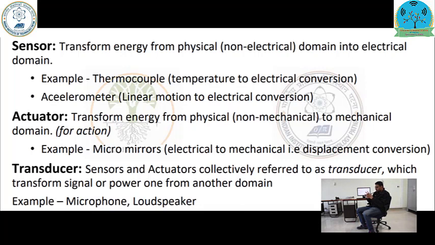Now, what is a transducer? A transducer is a combination of both sensor and actuator, used to transform signal or power from one domain to another domain. A very popular example of a transducer is a microphone and a loudspeaker. In a loudspeaker, our voice energy is converted into electrical energy and amplified. So these are three very important terms when you talk about sensing in IoT. Moving ahead,